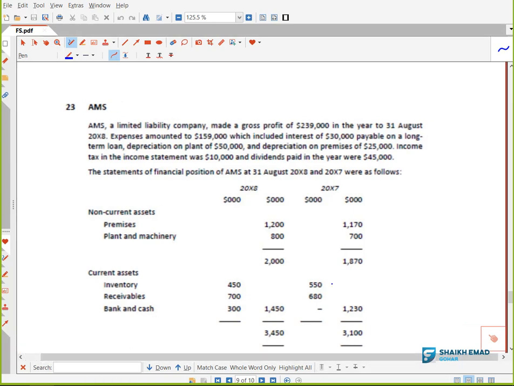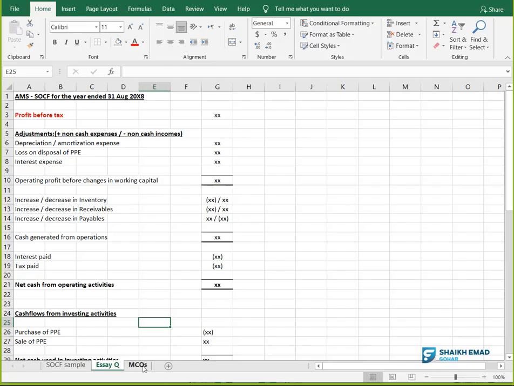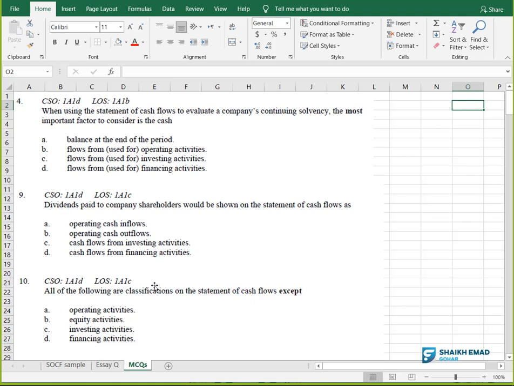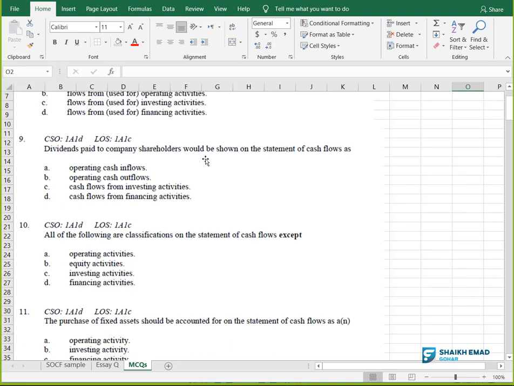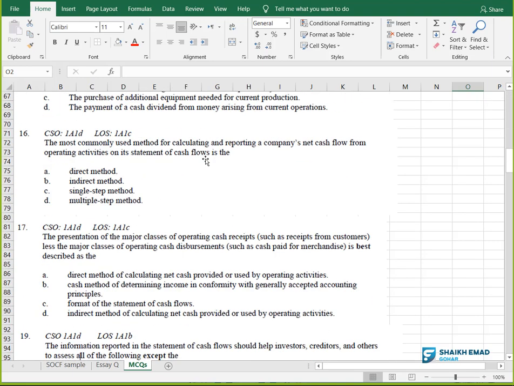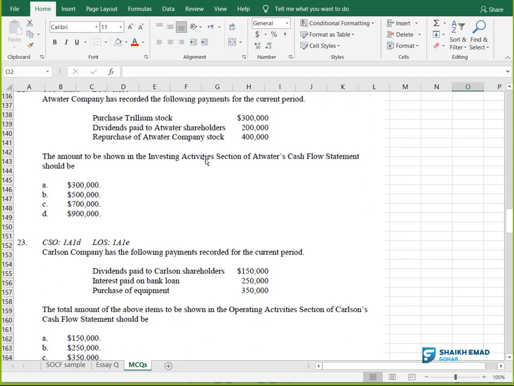So it is a very basic question on cash flow statement. There is a very rare chance the examiner will ask you a full-fledged essay question on cash flow statement. But to solve the MCQs on this topic, you need to know the complete picture. For example, these MCQs I have taken from your IMA study support package. There are around 30 MCQs on financial reporting, and out of those 30 you can see that more than half of the MCQs are on cash flows.